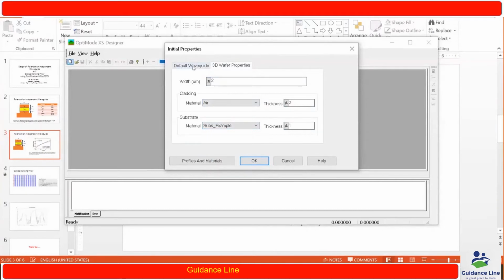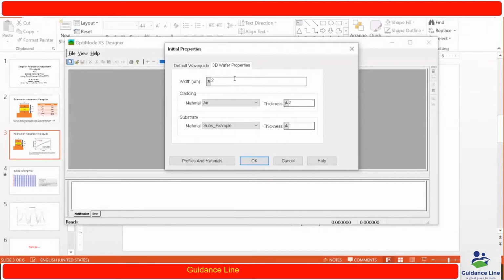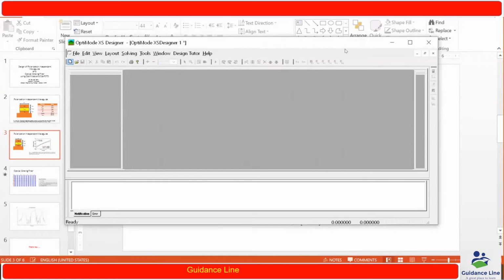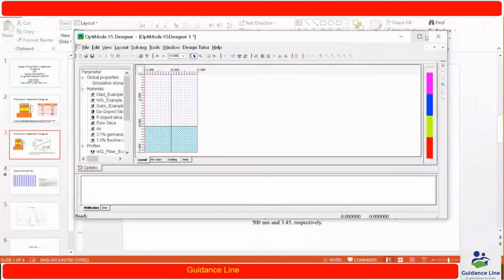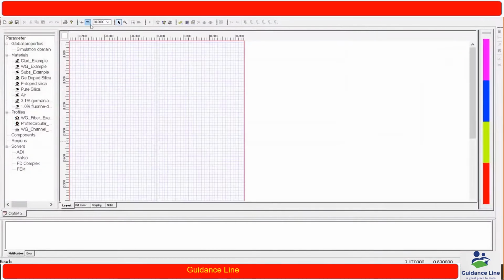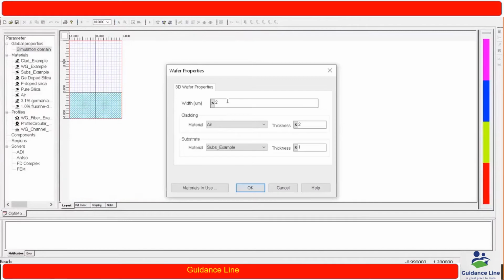These are all the default parameters which I am configuring. On clicking OK, you can see a screen popping out over here. Let me make it 3 microns.